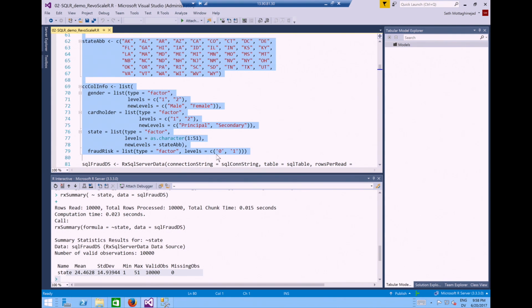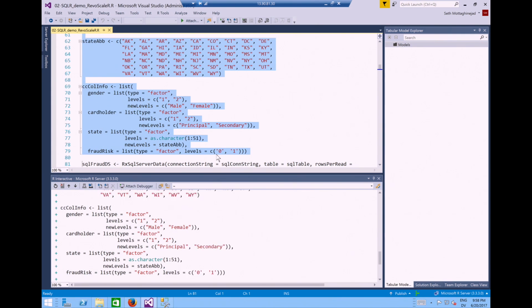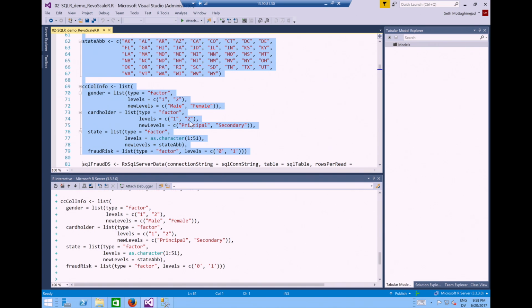So we have two chunks of code there, right? And it looks kind of straightforward what's going on, right? We have the state labels at the top there. And then we create this complicated looking nested R object, but it's really allowing us to control metadata when we deal with data on SQL Server. Right?